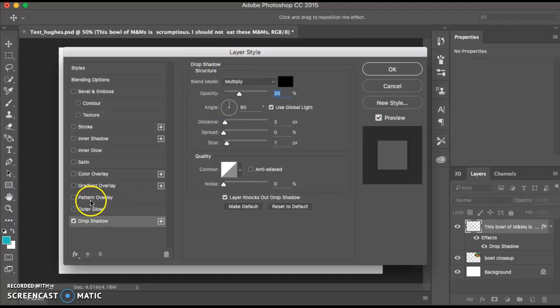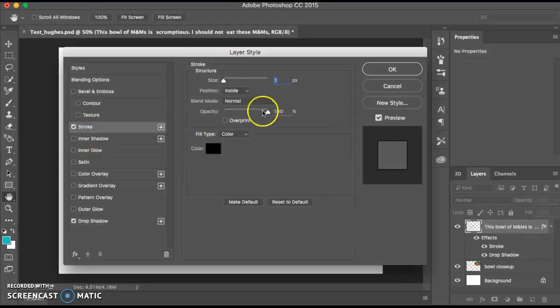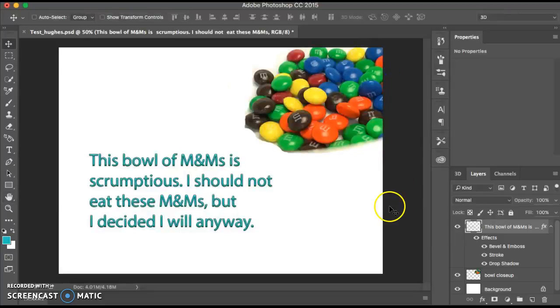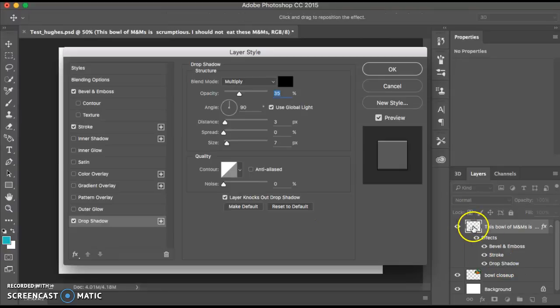I'm also going to do a stroke, and I'm going to do it outside and have the color with black. And then I'm also going to do a bevel and emboss and let that default and see sort of what happens from then on. So I'm going to say okay. You can see I have a very thin black stroke around my teal colored copy. I also have a little bit of a drop shadow as well as a layer, bevel and emboss. Now the drop shadow I'm not incredibly excited about, so I went over under this layer and double clicked it,